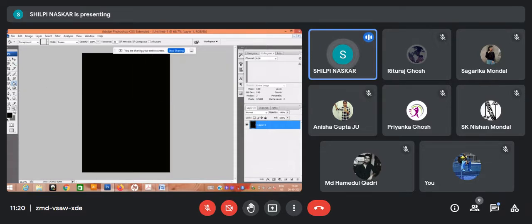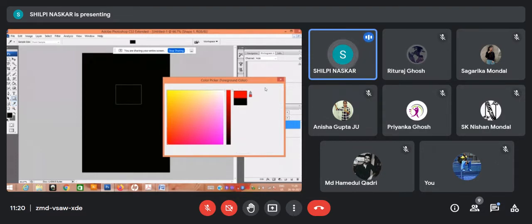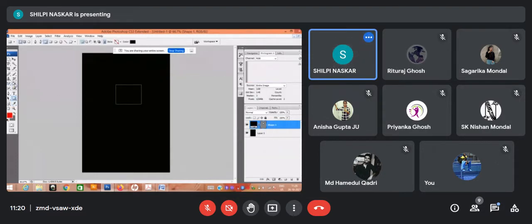I'm creating a shape. You have to note it down. I'm creating the additive one. You have to create the additive one and the subtractive one also. So here what I'm doing is the additive color. In R, I am writing 255, and G 0, B 0. So it is perfect red, the selection. Okay, it is perfect red, so I am filling it with red.